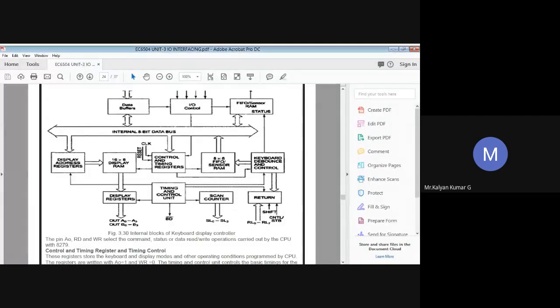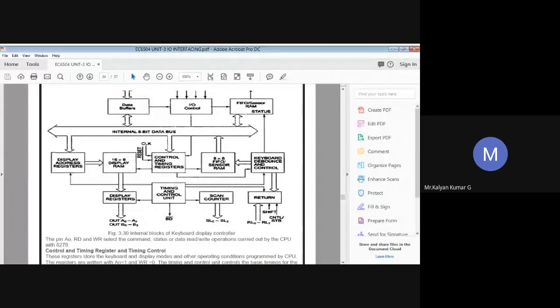So we'll start with the architecture of 8279. As I said previously, in any microprocessor-based system and microprocessor design, data input and display will be an integral part of the design. So whoever the system engineer is who is going to develop any microprocessor-based application, he needs to interface a device that can control these functions without placing a larger load on the CPU. So for that purpose we use this 8279, mainly for 8-bit processors, or to some extent 16-bit processors.